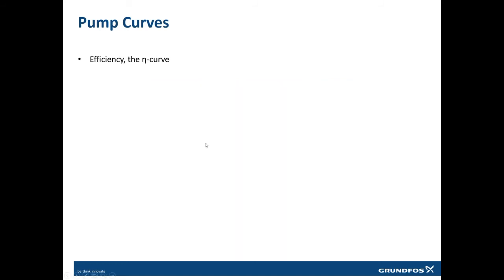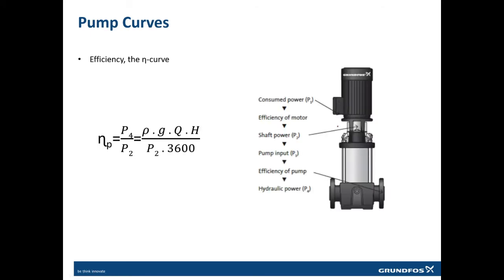Now, how to plot the efficiency of the curve? The efficiency of the pump is the output power it is generating, which is denoted by rho g Q H. Rho is the density of the water which you are pushing. g is the constant 9.8. Q is the flow which we are taking; in the last example, it will be 70 meter cube per hour. H is the head; from the last example, it will be 41 meters. If you combine all of them and take the density, which will be 1000, I think, based on the units,